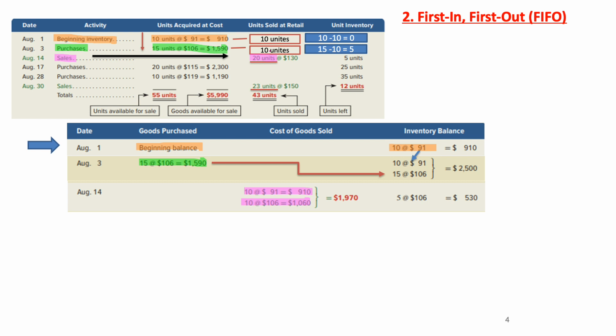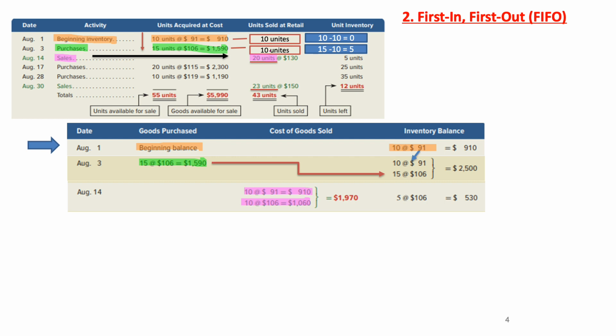Again, I'm going to record 10 units multiplied by 106 under the cost of goods sold column. Why 106? Because that was the cost of the August 3rd purchases. So now I know my total cost of goods sold,